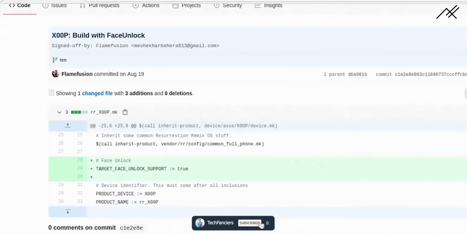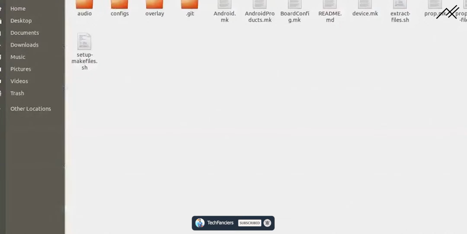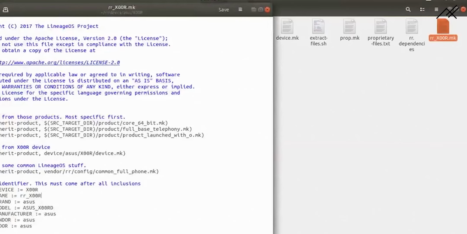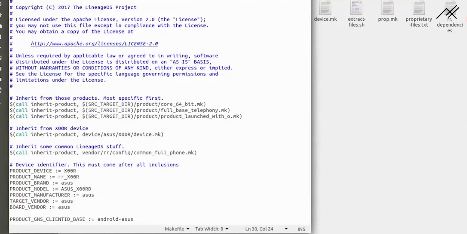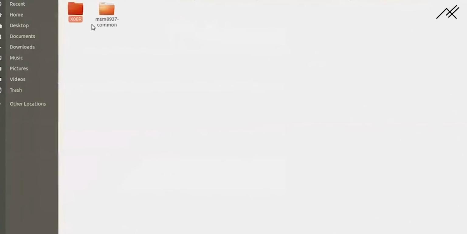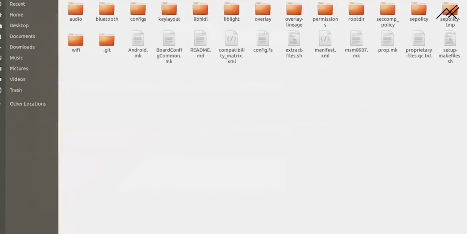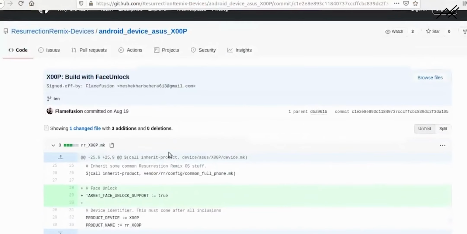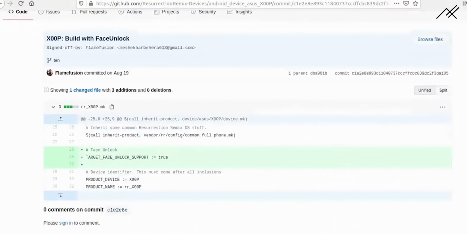So what I need to do is go here, rr dot face unlock, not here I believe. Okay, rr dot underscore.